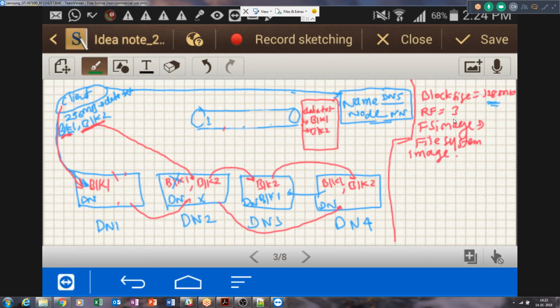Now again, suppose this data.txt already got written into the cluster, and now the client will expect to read it anytime it wants. So again, the client will connect to the name node and get the information about that. The name node does a kind of authentication check, and everything is done by the name node over the client. The client will be able to communicate with the name node in the first place just as it has all the proper credentials like user ID, password, or some SSH keys.